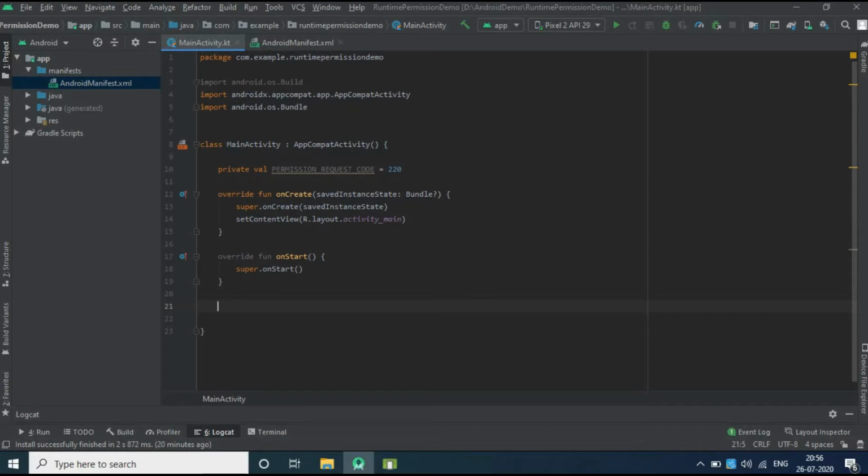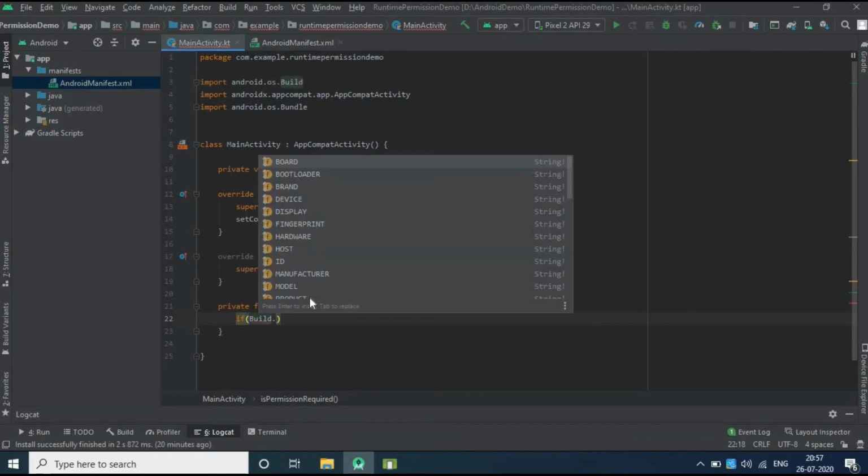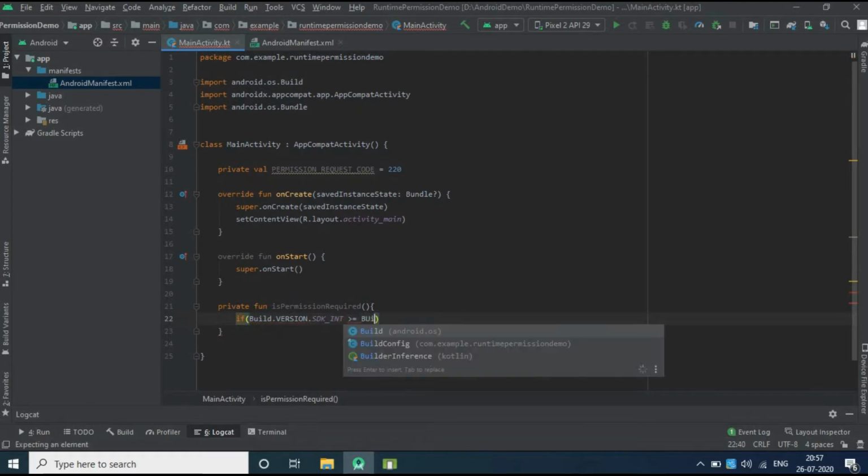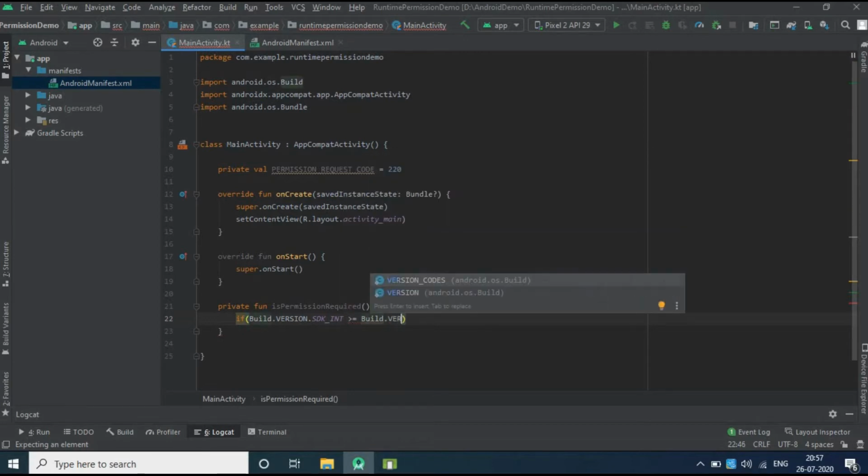To check the runtime permission, we are going to implement a function which checks whether the device is on Android 6.0 or above or not. For that we are going to have a method called isPermissionRequired. In this method we check whether the device runs on Marshmallow or not. For that we use the Build class of Android,